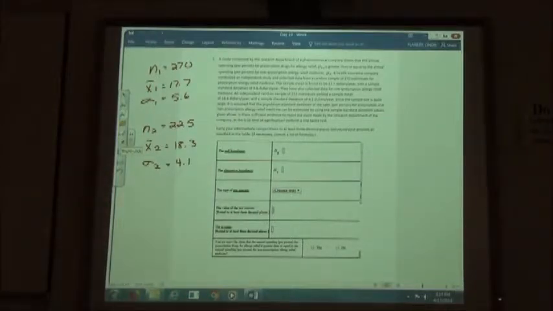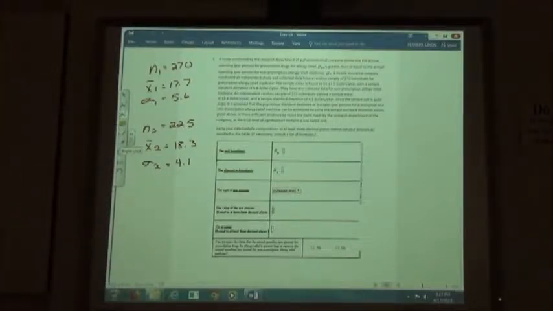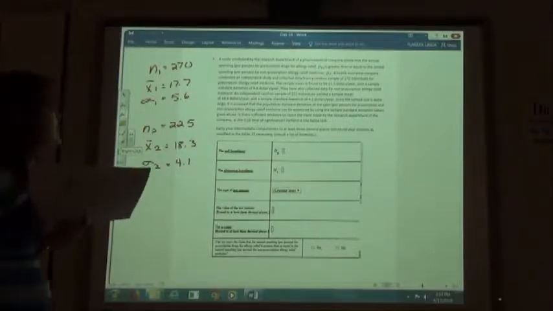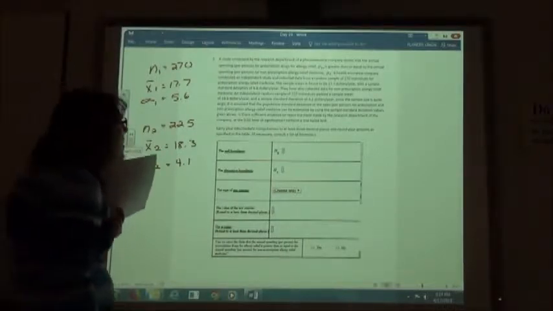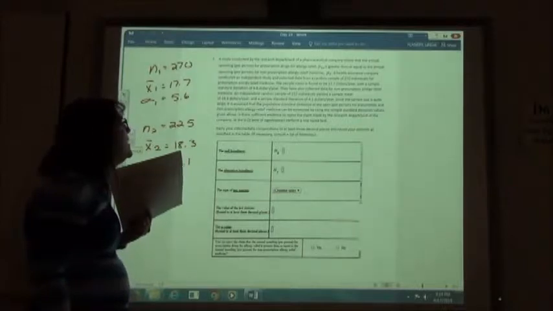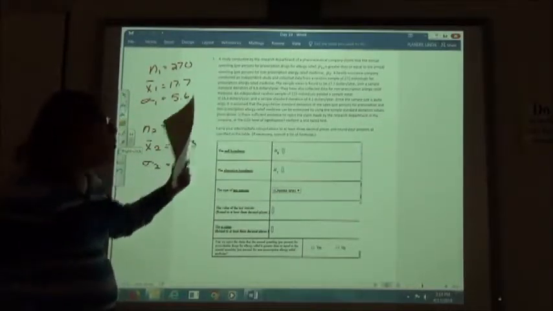Since the sample size is quite large, it is assumed that the population standard deviation of the sales per person for prescription and non-prescription allergy relief medicine can be estimated by using the sample standard deviation values given above. Is there significant evidence to reject the claim made by the research department of the company at a 0.05 level of significance? Well, their claim was